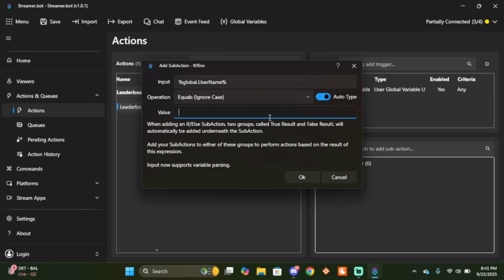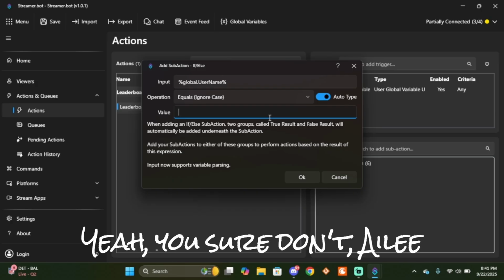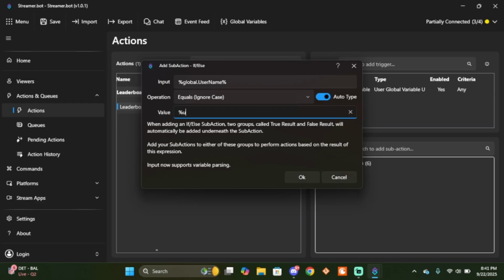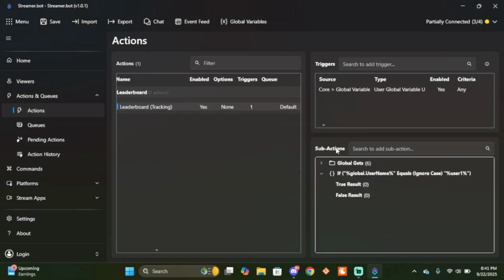So if that equals, where am I looking? I don't know what I'm doing. Okay, if global username equals user1. So if this person is in first,